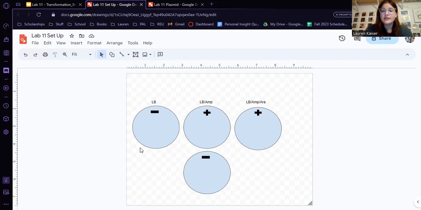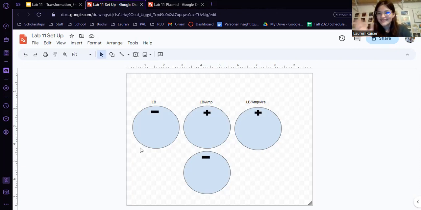And then looking at the last plate, we have LB, AMP, and ARA. So looking at the LB AMP, right, we have nutrient and then ampicillin. So we are expecting growth at least, because that's what we had with the LB AMP and the positive pGLO bacteria previously. So now we add the ARA C, or the